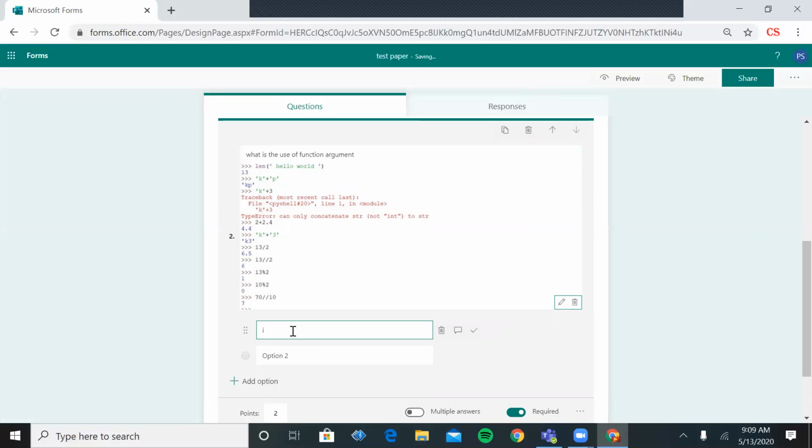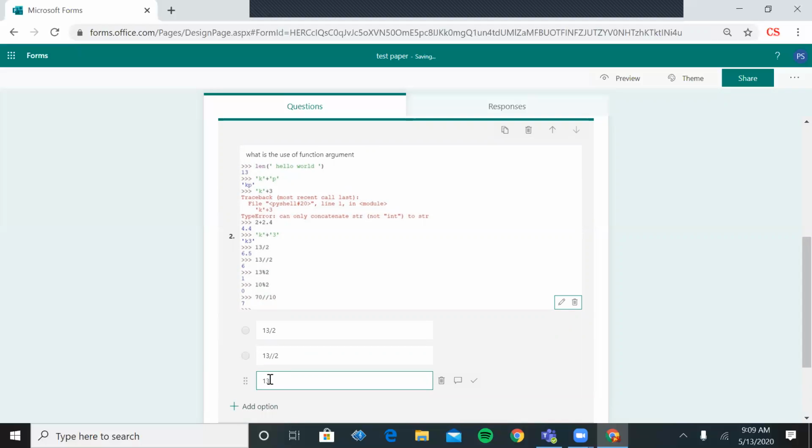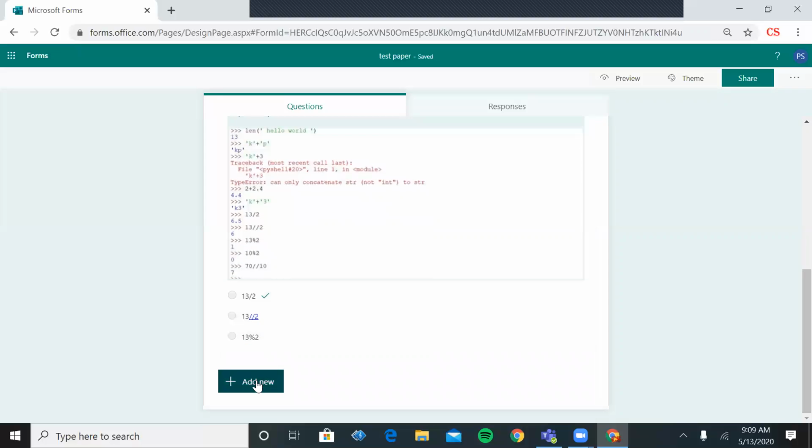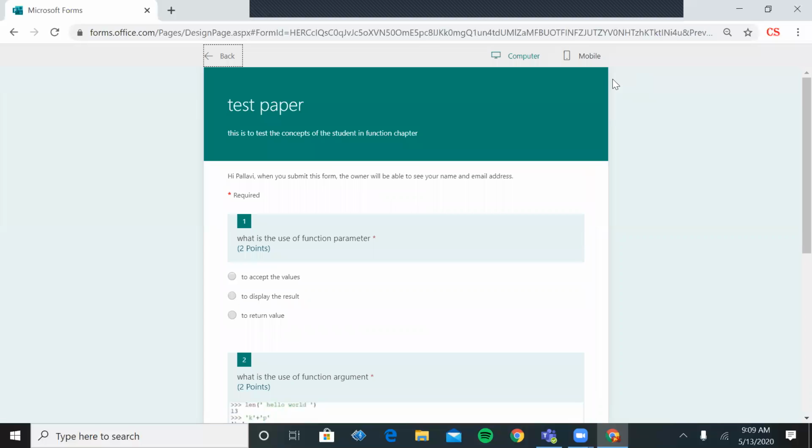and you can specify the options, like 13 by 2 is correct, or 13 by 2 is correct. You can specify the options related to your question and then fix the correct one. Then you don't have to specify it again. In this way, you can add as many questions as you want. To see the preview,